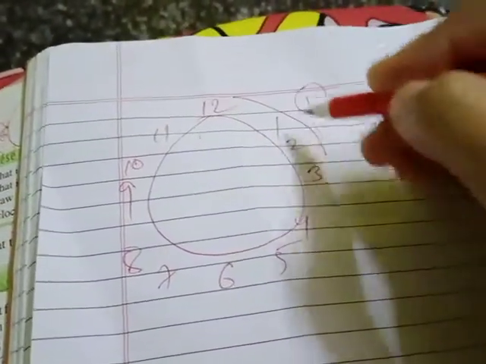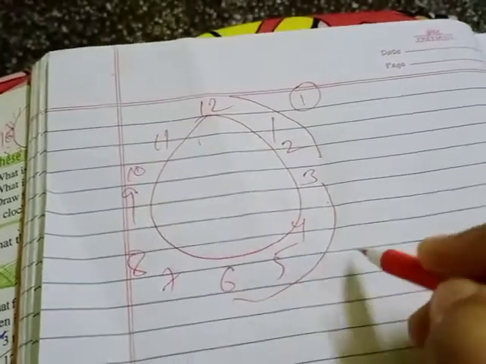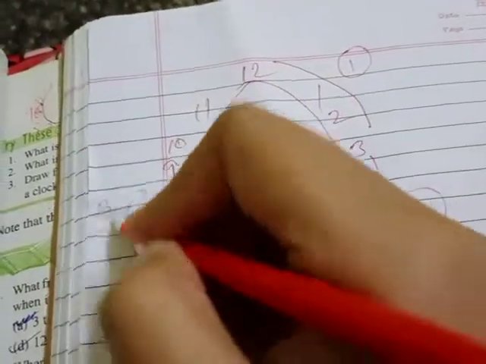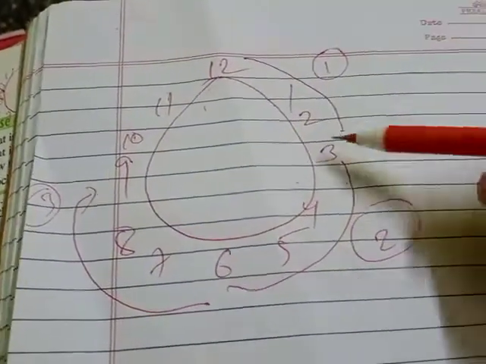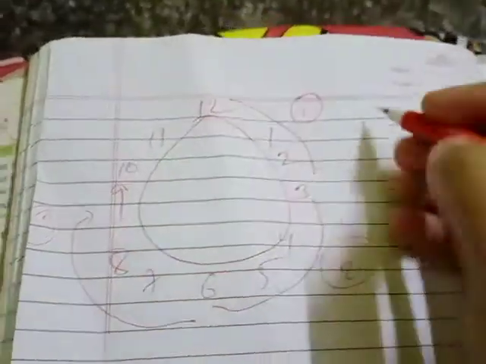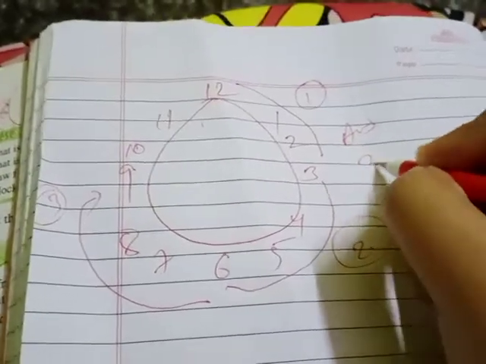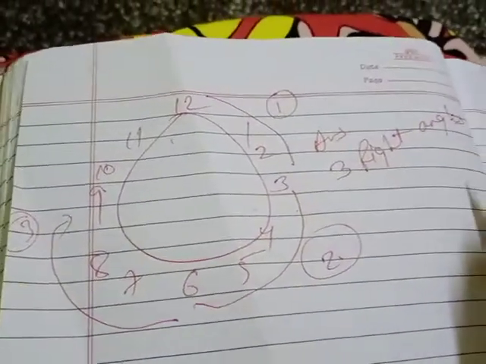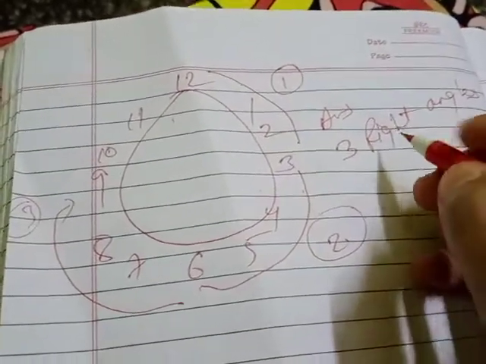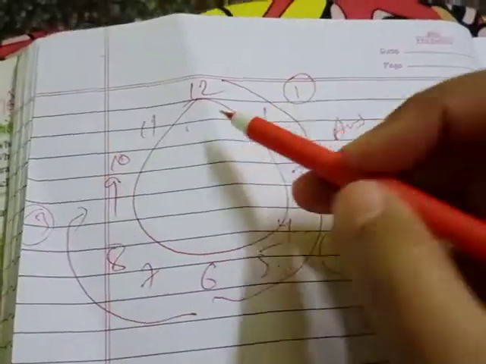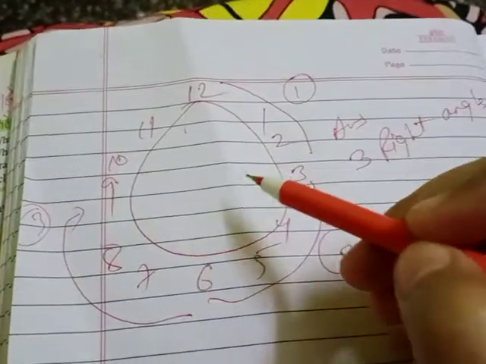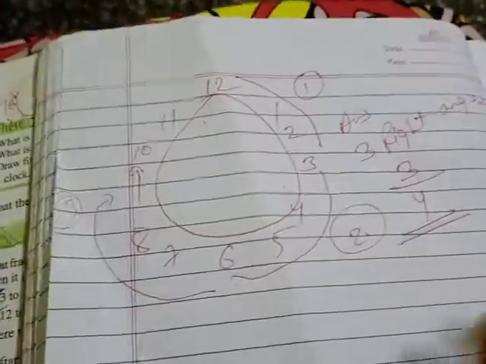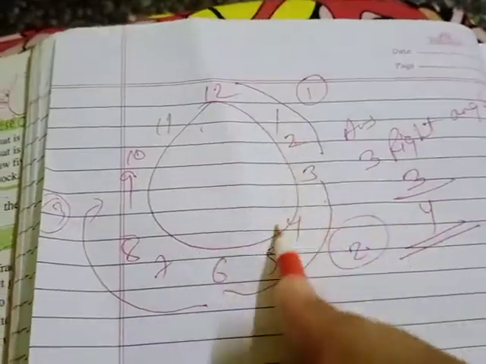This is one right angle. Another right angle. Another right angle. How many right angles do we get? 3 right angles we have got now. So what will be your answer? 3 right angles will be the answer. And in fraction, in total we have 4, meaning one revolution consists of 4 right angles. So our answer will be 3 upon 4. Clear? 12 to 9 it is.